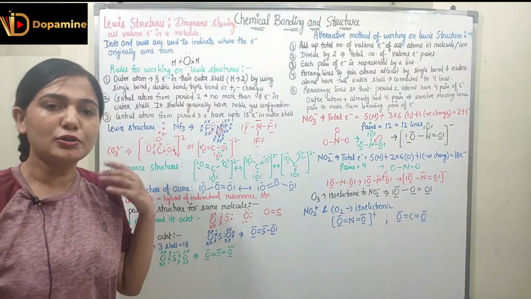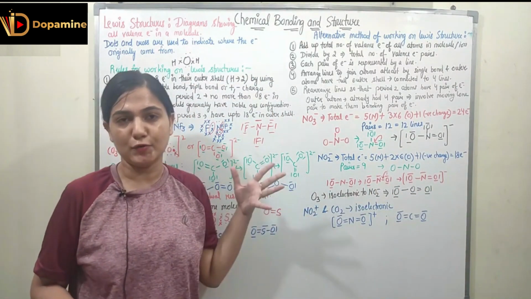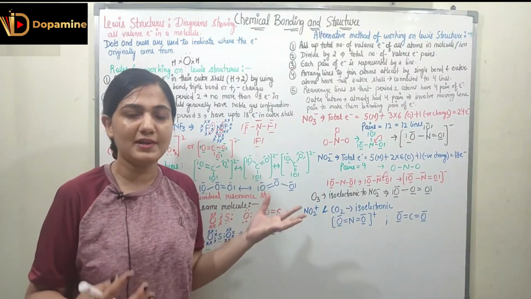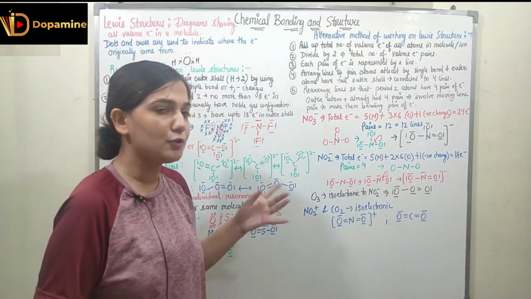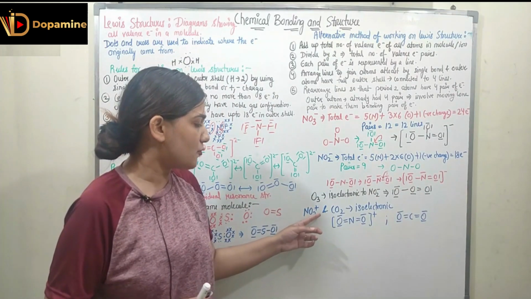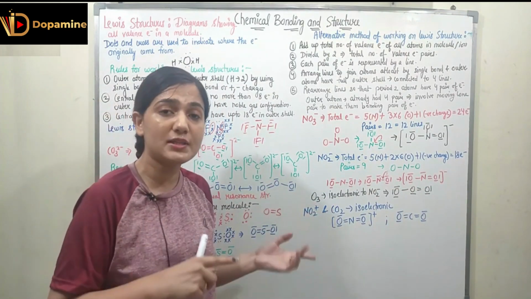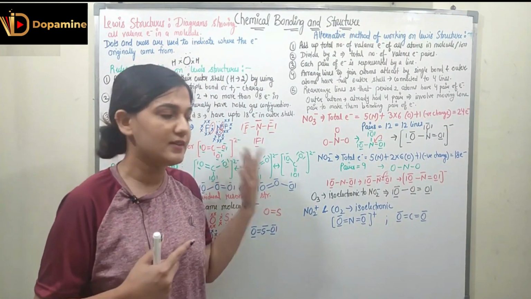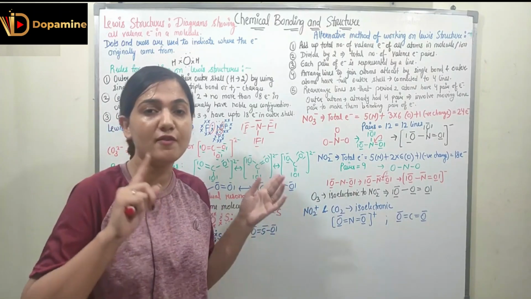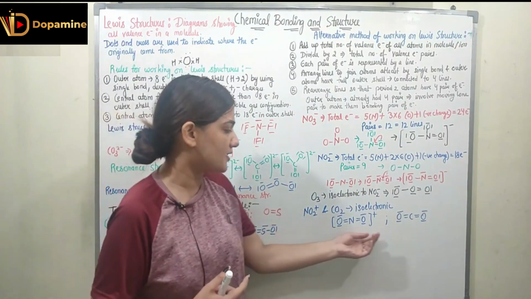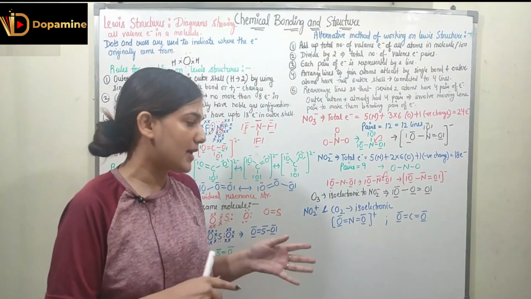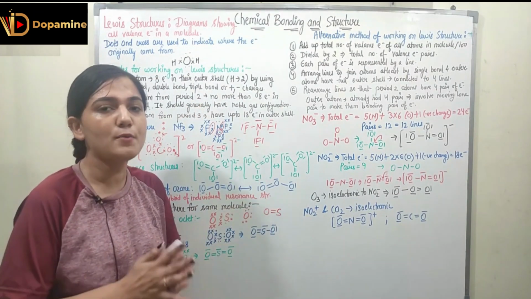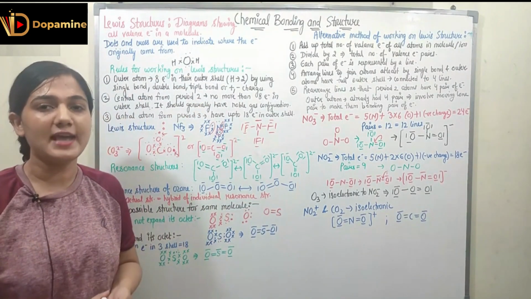Now O3 is isoelectronic to NO2 negative. When we have the same number of electrons, the structure would be the same. So O3 will have the same structure as NO2 negative. Now coming to the NO2 positive and CO2. Again, if you see the valence electrons of NO2 positive and CO2, they are isoelectronic. The number of valence electrons will be the same and the structure would be represented like this. And now I hope you understood how to make the structure, right? So I hope you understood all of the Lewis structures. Thank you so much.